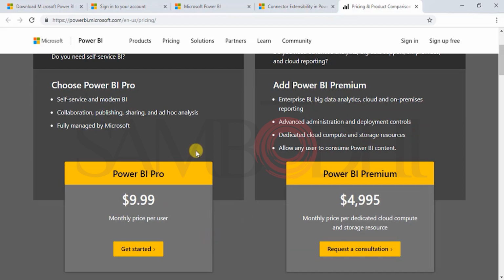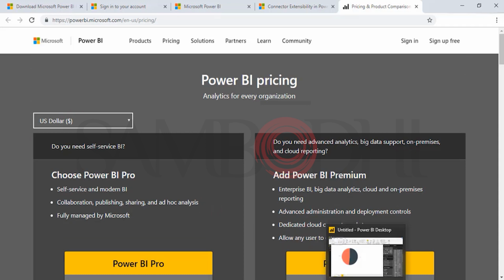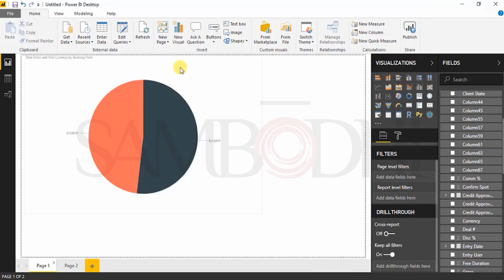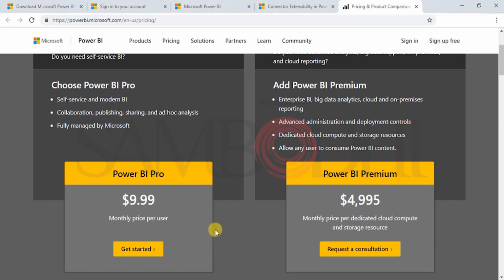If you're starting fresh, new learning, please opt for Power BI Pro, which would help you quickly learn, understand, develop, and distribute your reports. And if you don't have to purchase this, you can always design your report using Power BI Desktop and share the PBIX files to the relevant stakeholders, and they would open it like another tool like Excel in this Power BI and view the content. So there are ways to work around the system, but the best way is to purchase a Power BI Pro license. Coming back,